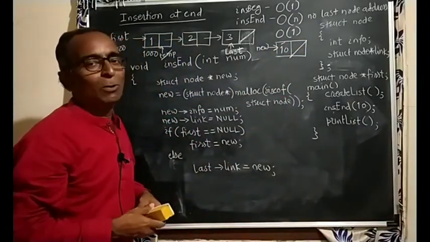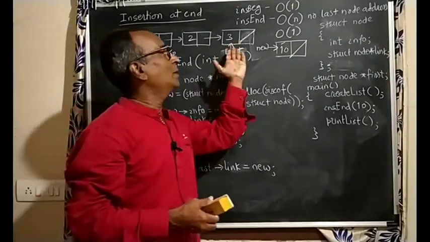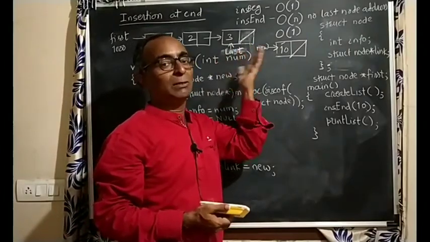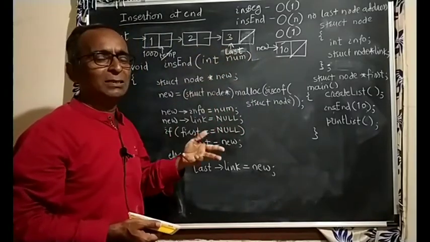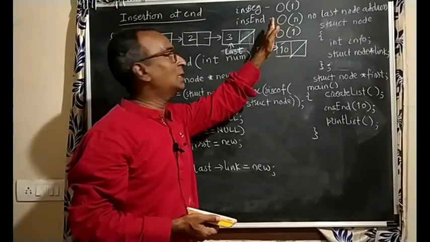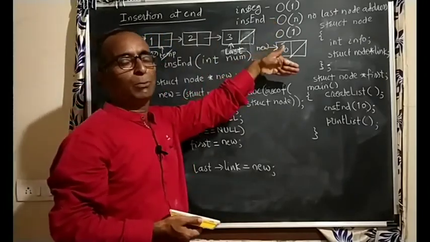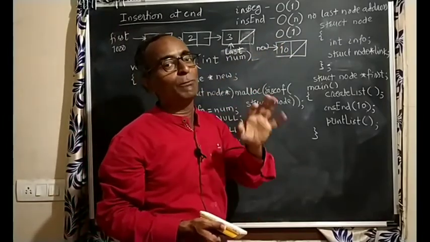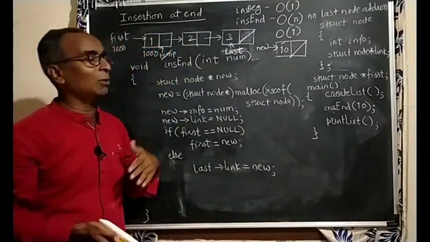So it is always better in a singly linked list to maintain the last node's address also. That will be helpful in data structures like queues, where you have to insert from one side, or delete from one side and insert from the other side. So in that case, that will be helpful to make it big O of 1. So I think this is clear. We will see other operations later.